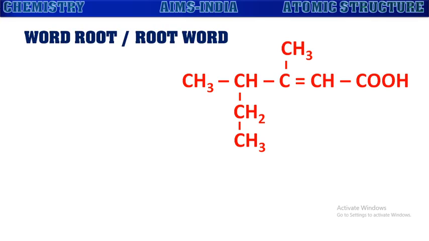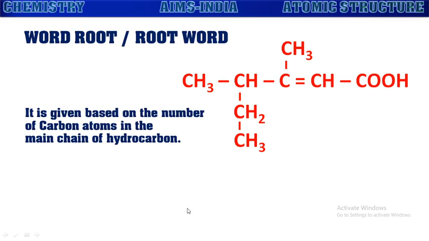This represents the number of carbon atoms in the main chain of the hydrocarbon. Here, in the given hydrocarbon, there may be more than one possibility to select the main chain. Now we have to select a chain as the main chain which contains the maximum number of carbon atoms in it. At the same time, one more point to be noted is that it should get the carbon atoms with the functional groups also, if there are any.